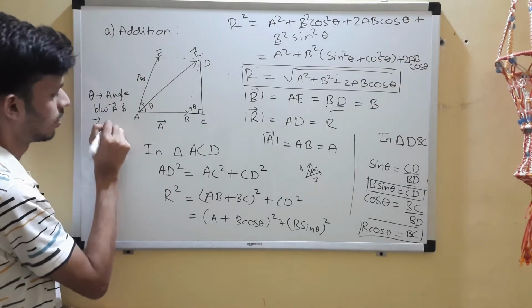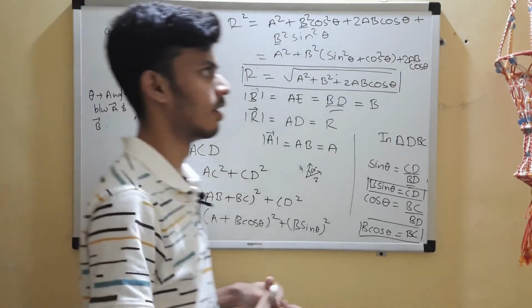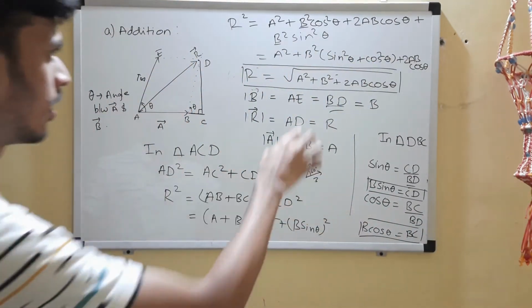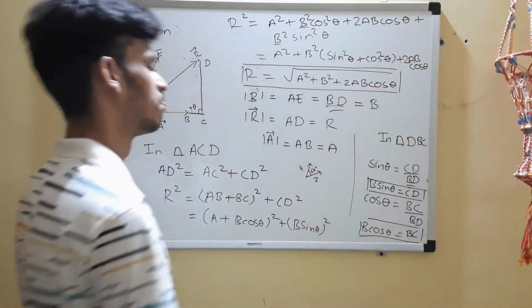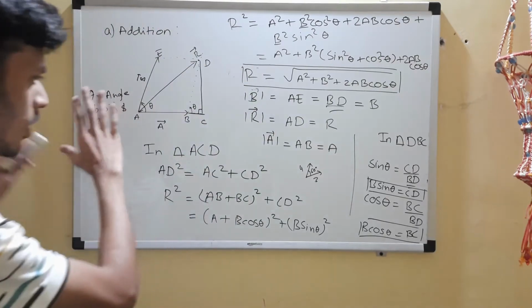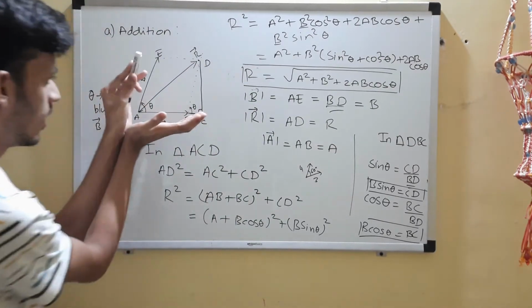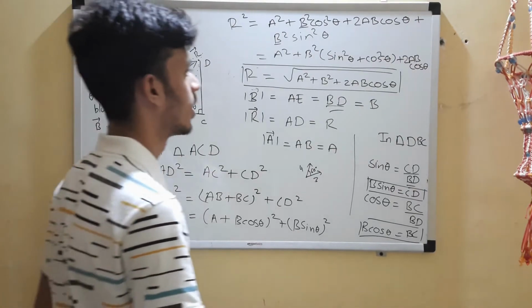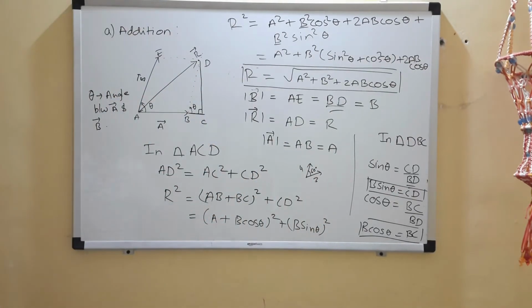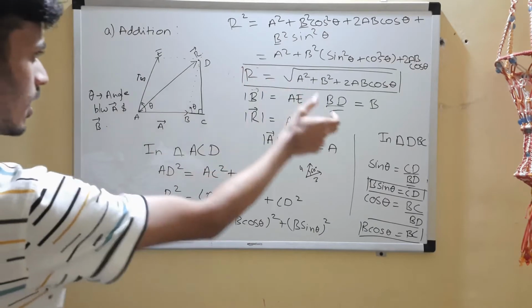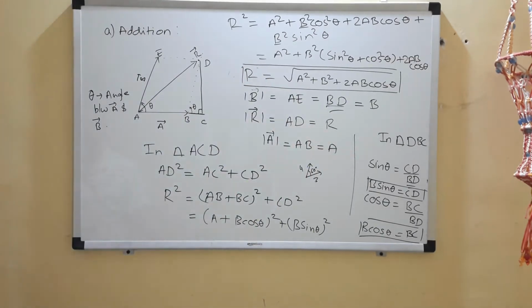Although you are not very clear about finding the angle between two vectors, I'll come to that in just a few moments of time. Okay. For now, you remember that theta is angle between vector A and vector B. Okay. I'll make that notion clear. You can note this down. Then we'll go to the direction aspect. Okay. So we found the magnitude of the resultant. This R is nothing but magnitude of the resultant, right? So one job done.